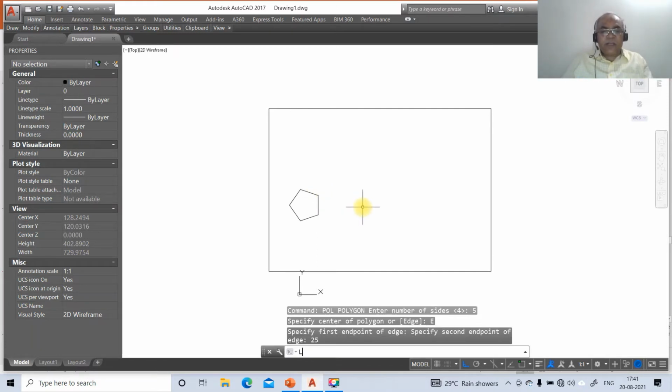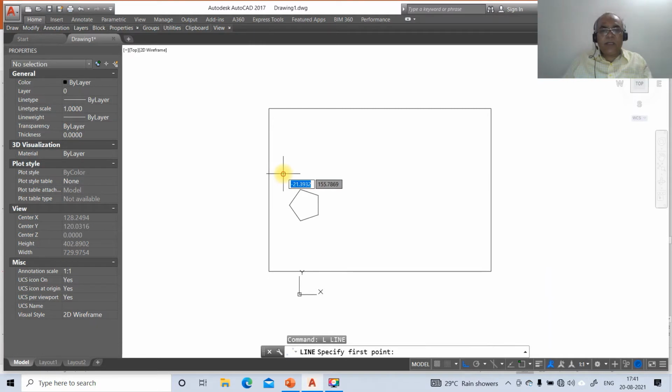Then go to line command, draw a horizontal line at any convenient distance. Then go to line, take the intersection of this and draw a perpendicular to this. Similarly, line, take the intersection of this and draw a perpendicular to this line. And similarly, line, take the intersection of this and draw a perpendicular to this line.